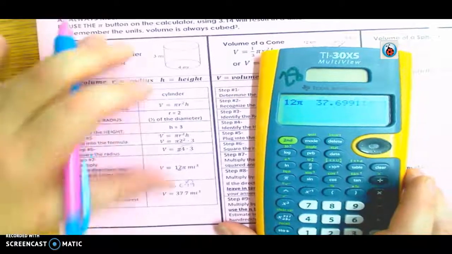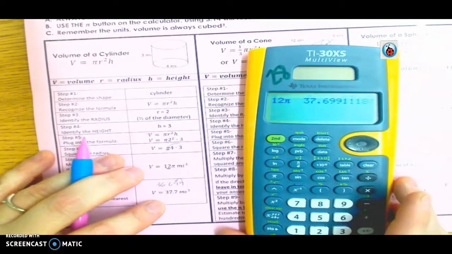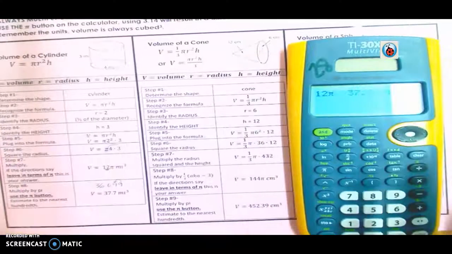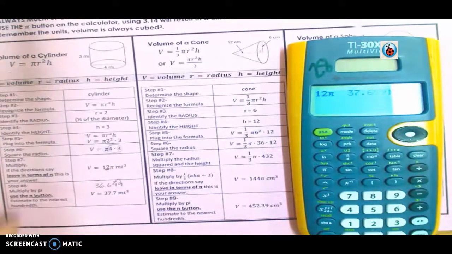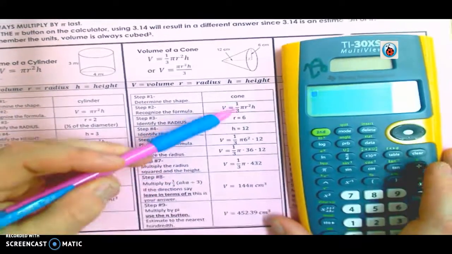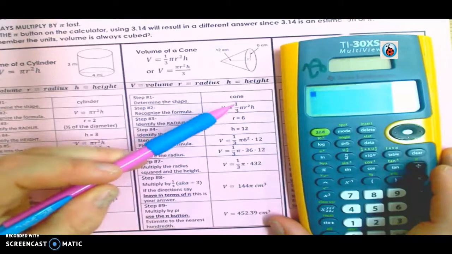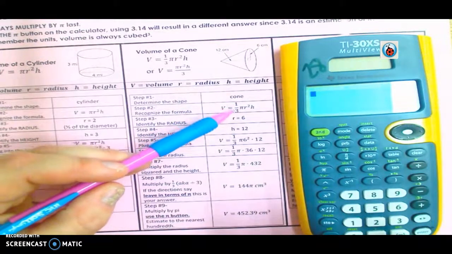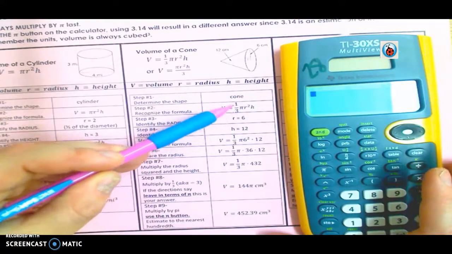Okay, now the cylinder's not too bad. You don't really have too many decimals that you have to worry about. What you do have to worry about with cones and spheres is because of this 1/3. Do not turn this in; save pi and fractions for the very last step. Because if you do 1/3,